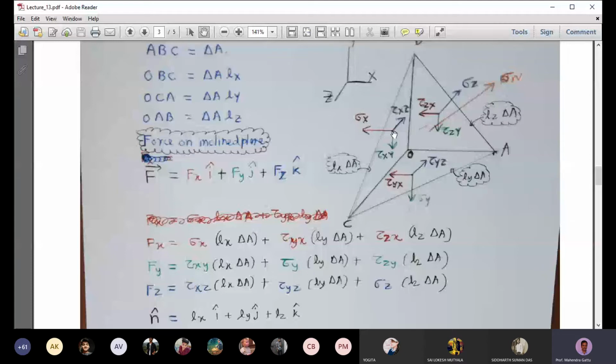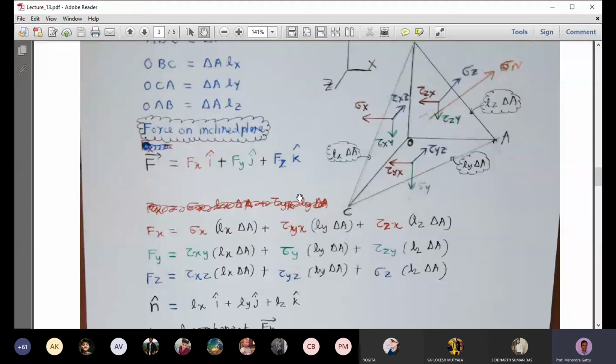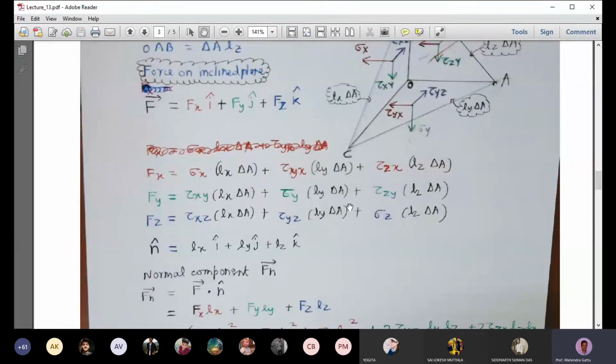Similarly, for the vertical y direction, we have tau xy times Lx delta A, sigma y times Ly delta A, and tau zy times Lz delta A. So that is the second equation. And the third equation will be for the z direction, the z axis: tau zx Lx delta A, tau yz Ly delta A, and sigma z Lz delta A. So we have that force vector,